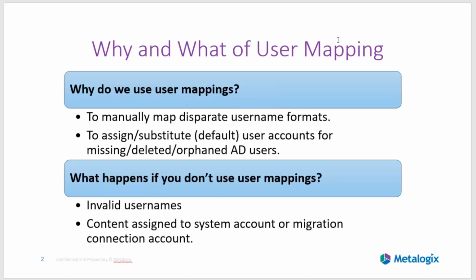Sometimes things are consistent in the username formatting, sometimes they're not. And if they are consistent, usually the tool is able to kind of auto map and figure it out. But that's often not the case. So when things are disparate between source and targets, the Essentials migration tool needs to know specifically which user on the source should match to which one on the target. Now it's important to note, as we'll get into later, that the migration tool cannot create new users on a target platform. We can only map to existing ones